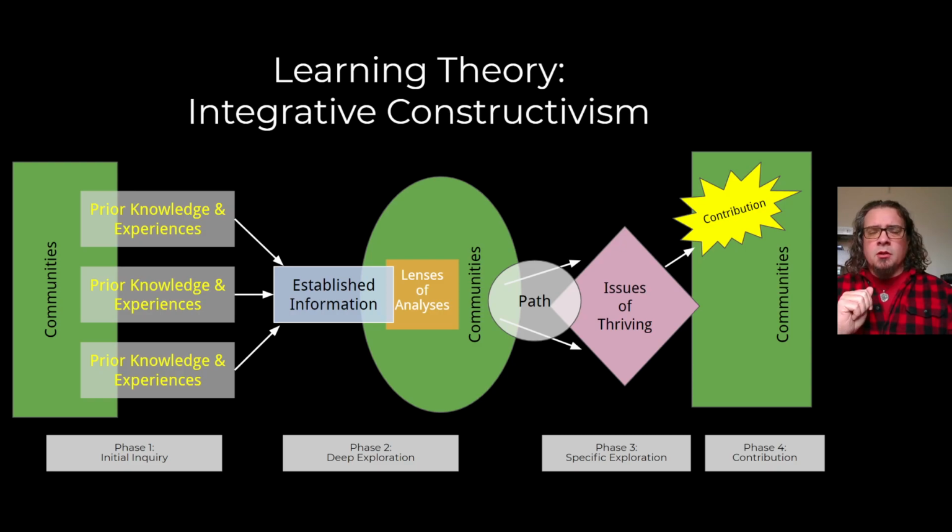Right? 2, decontextualizing information is dehumanizing. It needs to be contextualized. It needs to be looked at from different angles. When you're doing that process of contextualizing it and connecting it with various lenses of analyses, you're going to learn it much deeper just by doing it that way. Just by doing it that way, right? As a teacher, the way in which I go assessing now starts to really change. I don't have to ask students for a set of right answers anymore. What I have to do is see how they're working with it, see how they're thinking about it, see what they can do with it, right?